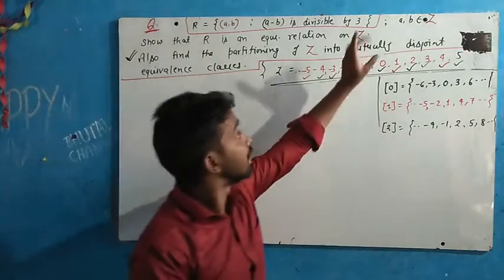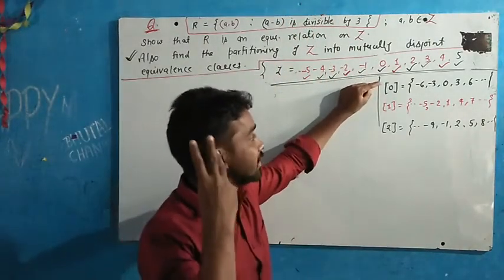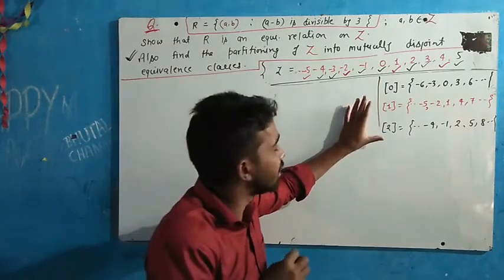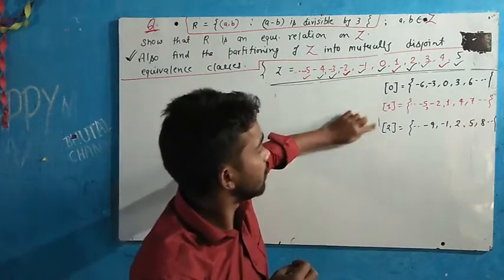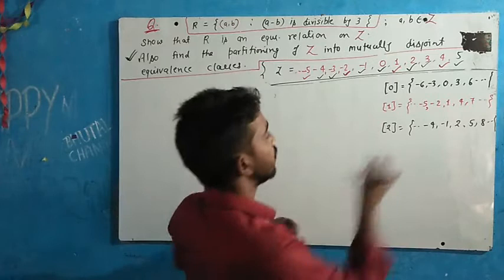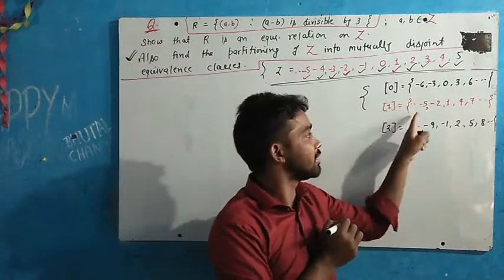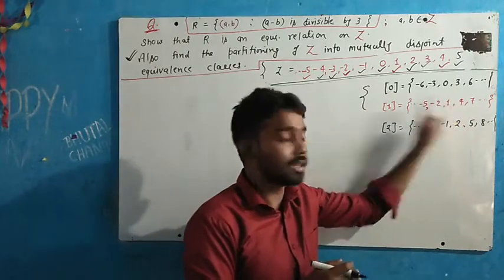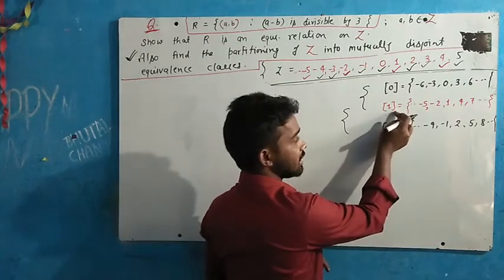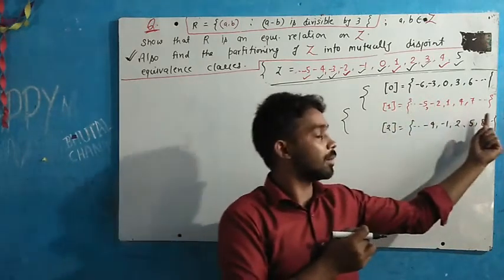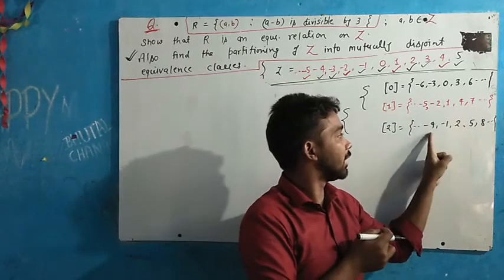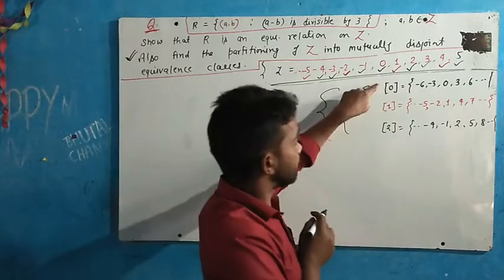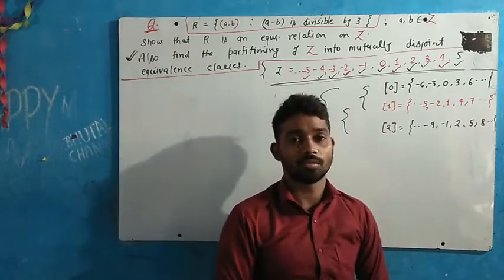Here we have found the equivalence classes of the 3 elements 0, 1, 2. First thing, suppose we take any two of these sets, can you tell me if any element is common in this set and this set? That is not common. No element is common here. Similarly, in this set and this set, can you tell me if any element is common? Here -5, -2, 1, 4, 7 and -4, -1, 2, 5, 8. No one is common. Similarly, the first set and the third set, is anyone common? No. Nothing is common. Clear?